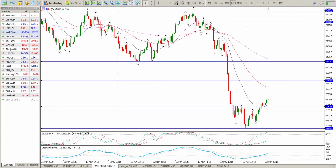So what we're looking for now is the probability is moves to the upside. We've started off already. You can see we've got a low, lower low, higher low, and we've broken through this fractal. So for me at the moment, this is my first level. Let's just call it a micro level, 23,645. So what I'd like to see is price to come back on this level, hold it, give me the opportunity to buy with a stop below. And if I look to the left, there's nothing much to stop it. Okay, so in other words, price didn't do this kind of stuff with lots of fractals in this area to stop it. So the fact that we threw this area here is critical,